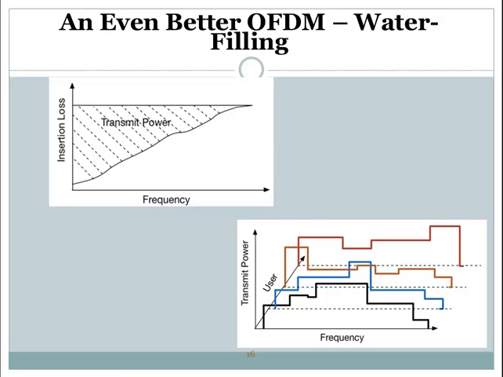The well-known water filling principle is mathematically proven to be power optimal, and we have a very easy to use, low complexity algorithm called iterative water filling to allocate the transmit power to the different users on the different subcarriers. In this way, the performance in terms of data rate can be further improved.